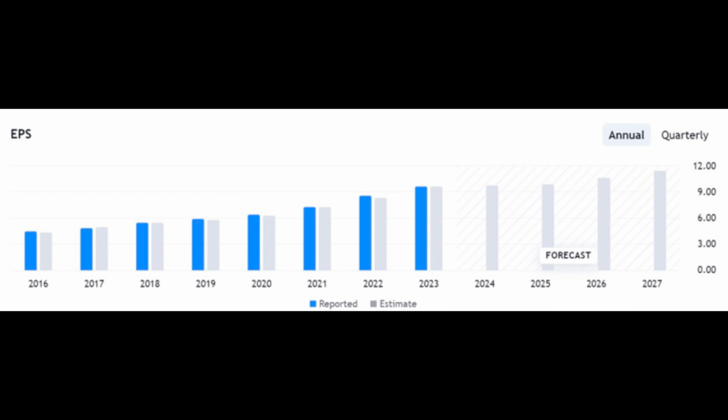Let us now take a look at the third and final indicator. In this chart, you will find that Hershey's has managed to grow its earnings per share year on year consistently. This is indeed not an easy feat to achieve, as many of Hershey's competitors have seen their earnings decline due to the inflationary pressures. Another important thing to notice from this chart is how Hershey's actually performed during a crisis,